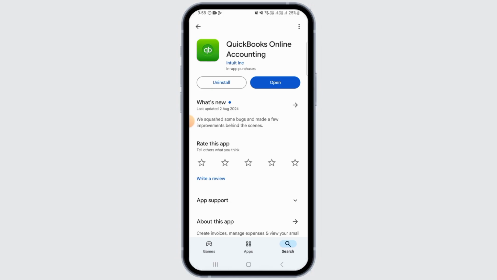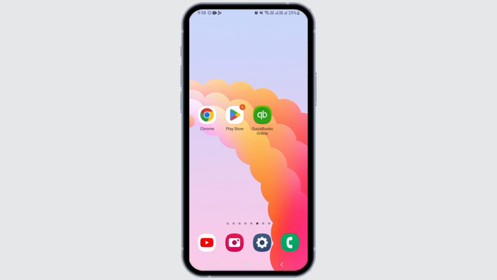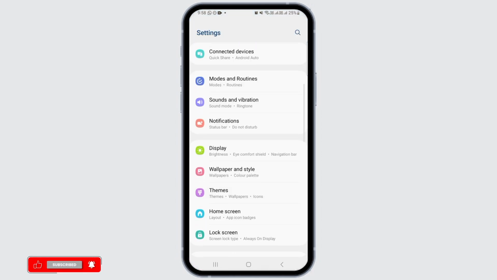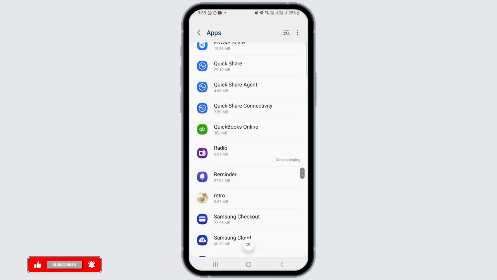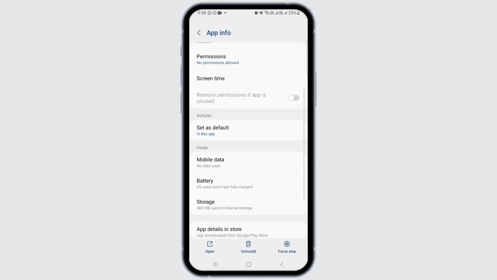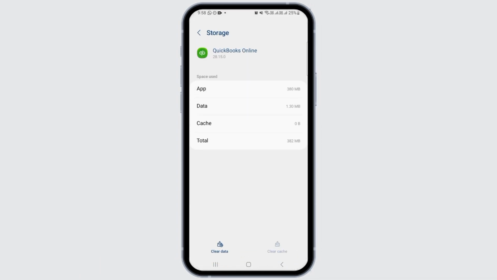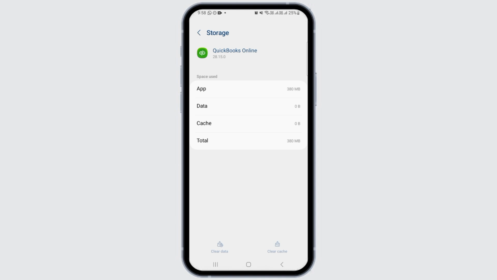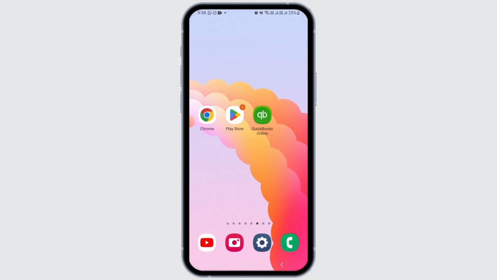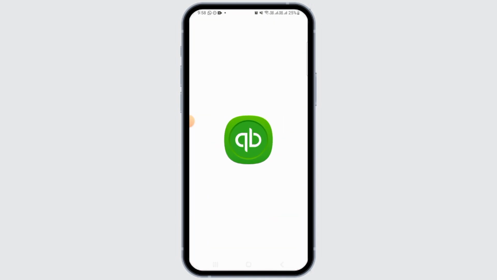However, if it is not resolved, the next thing you want to do is open up Settings. Here, you want to scroll down and tap on the Apps option. From the list, you want to select QuickBooks Online, then tap on the Storage option. Now you want to tap on the Clear Cache option, then tap on Clear Data and tap on the Delete option. Once the data has been deleted, open QuickBooks, log into your account and check if your issue has been